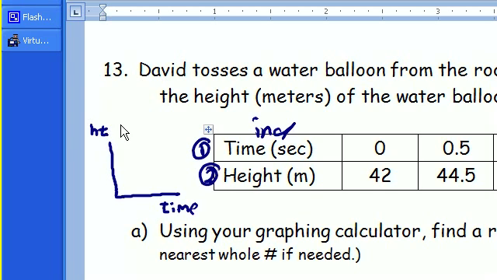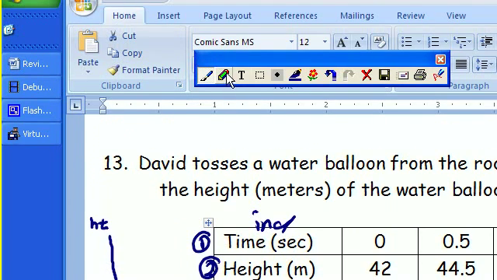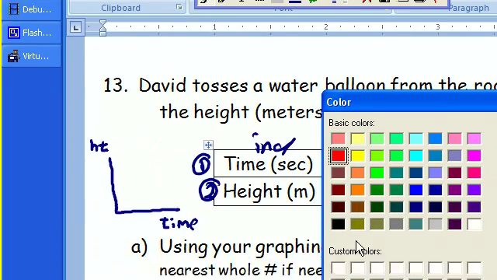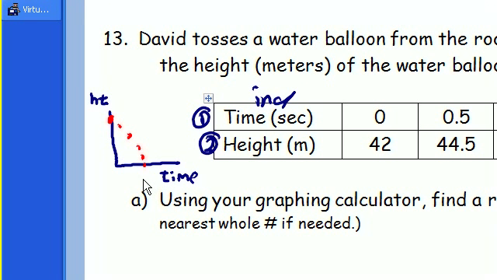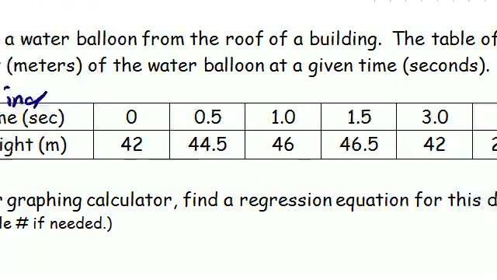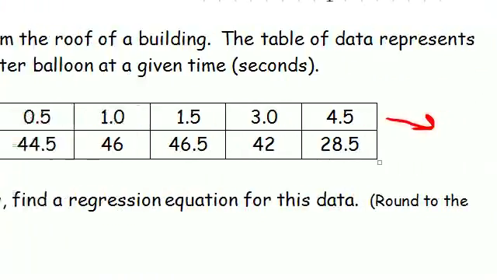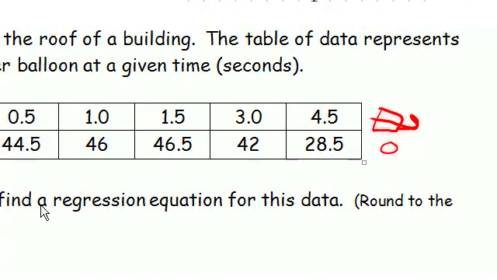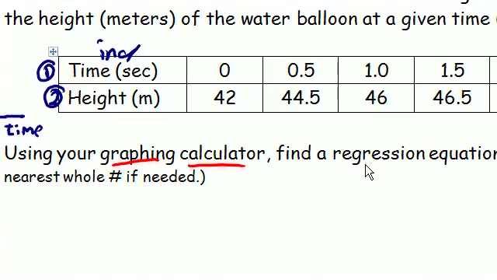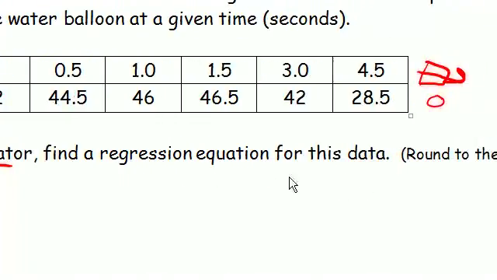And so height is a function of time. So here's our height. And it looks like at time 0, the height was 42. And then as time goes by, the height comes down like this until the water balloon eventually hits its target. And notice that our graph does not go all the way to where the height hits the ground. So we don't know when it will hit the ground. Using your graphing calculator, find a regression equation for the data. Round it to the nearest